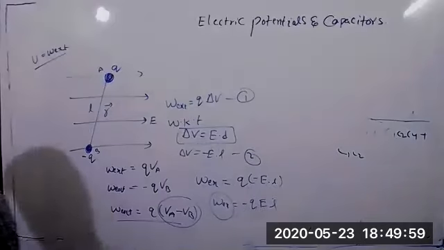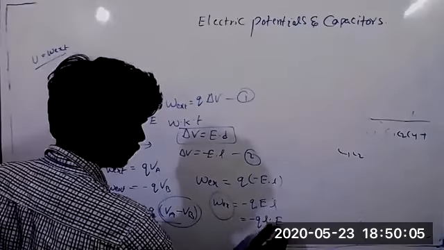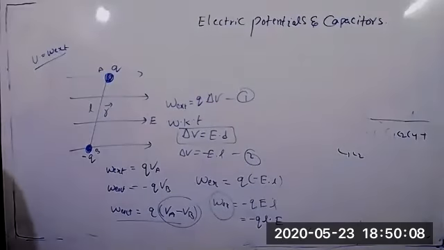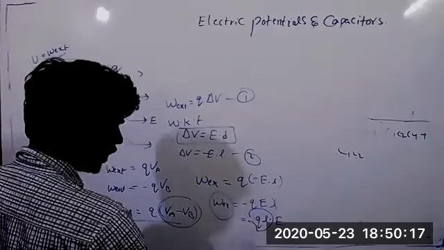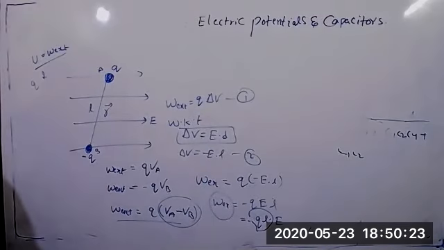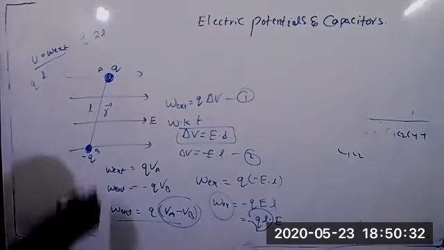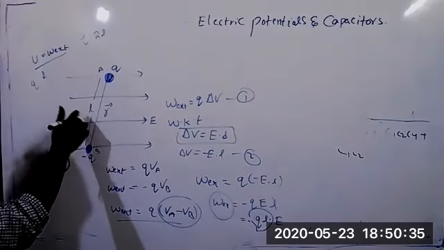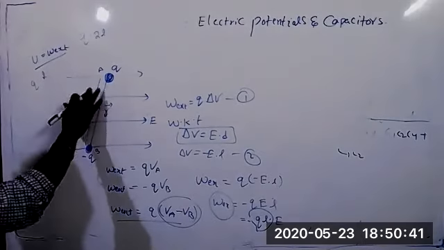This work done is nothing but the potential energy. You can write this as minus QL into E. What is this QL here? Can you say what is Q into L? Did you see that type of formula, charge into L? Q into 2L you saw, right? Yes, sir. See, here in total I took L instead of 2L. Actually from here to here is L, the total is 2L, but I took L.